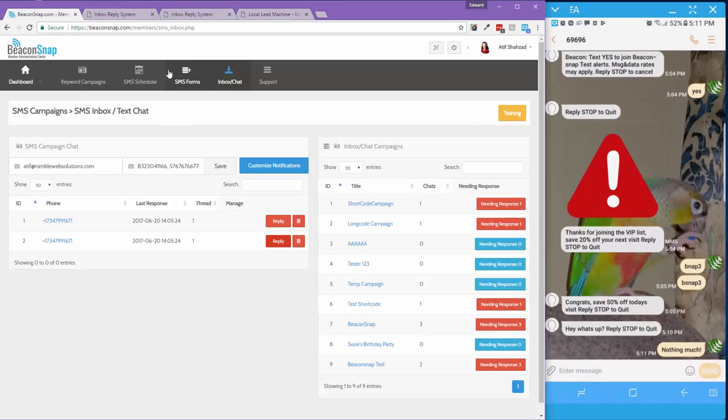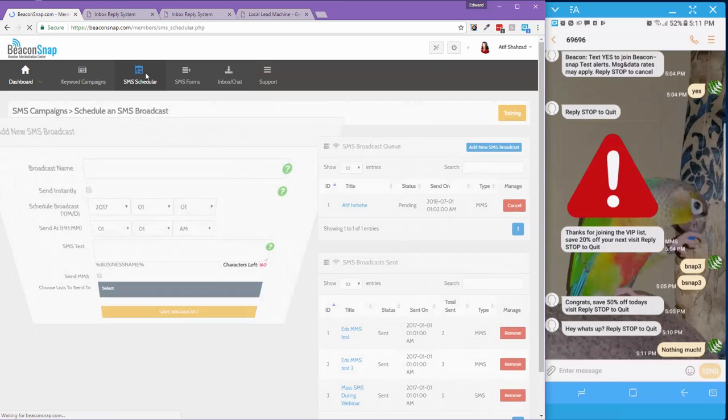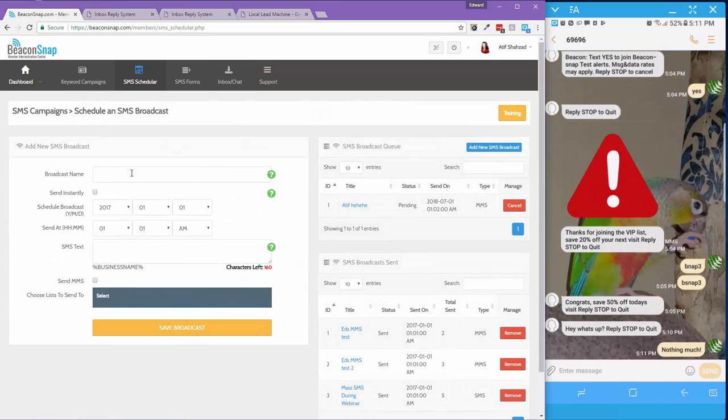Next, let's get into the SMS scheduler. To send a blast, enter a broadcast name. This can be any name you want it to be. Click here if you want to send it instantly. To schedule it, select the date,